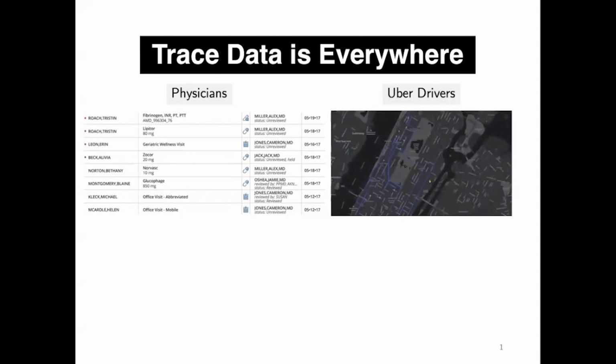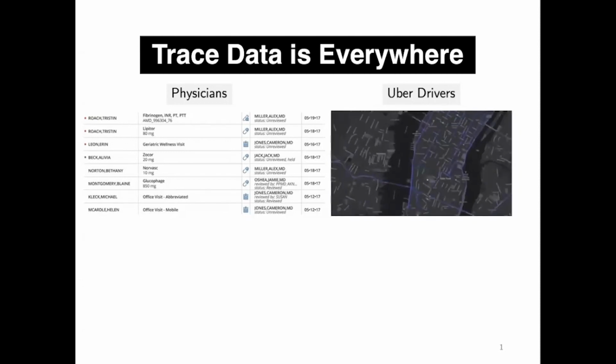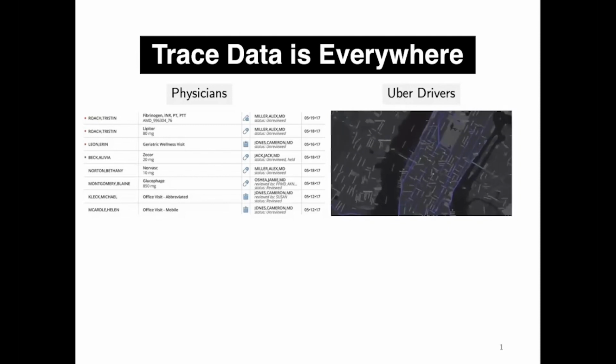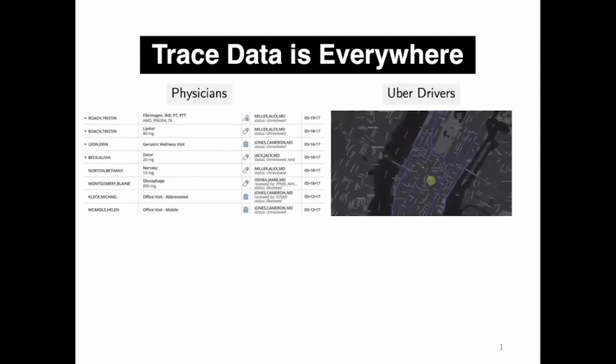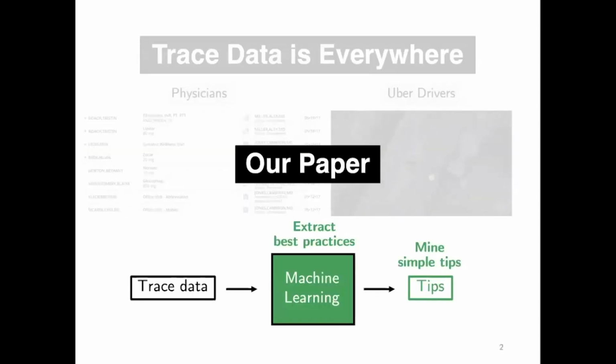In many domains, every human decision, like physicians' lab orders or Uber drivers' locations, is logged. These data essentially encode collective knowledge gained by all these humans about how to effectively do their jobs. So in this work, we're taking this high volume, noisy trace data and applying novel machine learning techniques we designed to infer simple tips in a way that humans will understand and comply with, and will eventually be able to improve their performance using them.